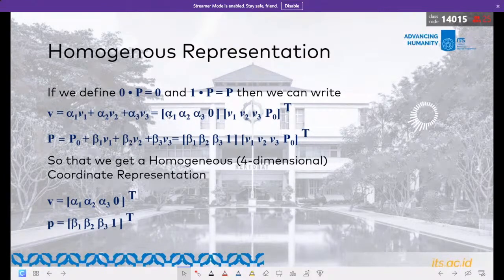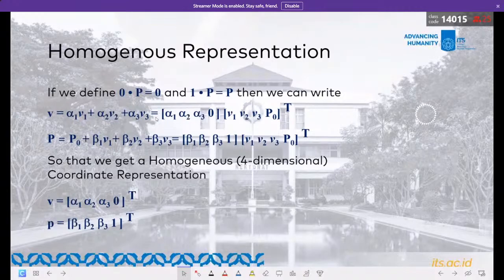So you can multiply alpha 1 with V1, and this is the result, plus alpha 2 with V2, this is the result, plus alpha 3 with V3, and this is the result, and 0 multiplied by P0. The results will be 0, right? And I said the 0 vector is equal to the 0 point. So basically it's nothing here. So we can just write it down as alpha 1 V1, alpha 2 V2, and alpha 3 V3 without any